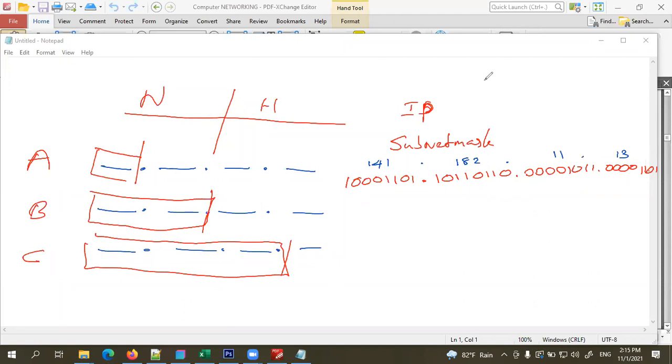So again, we can write the subnet mask also here.